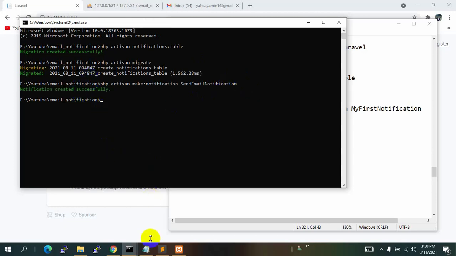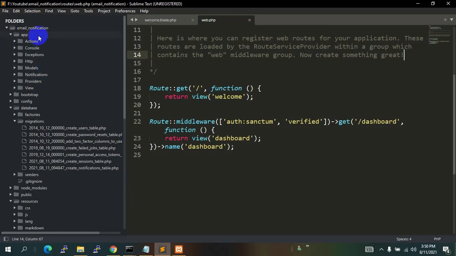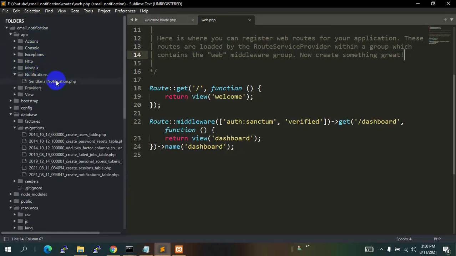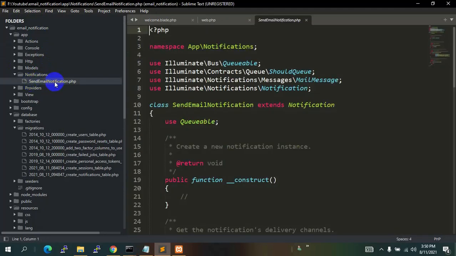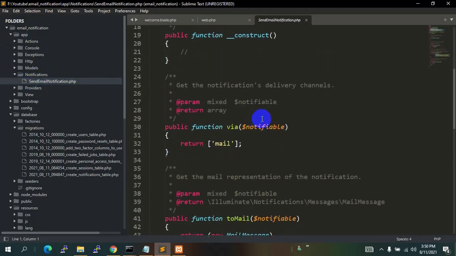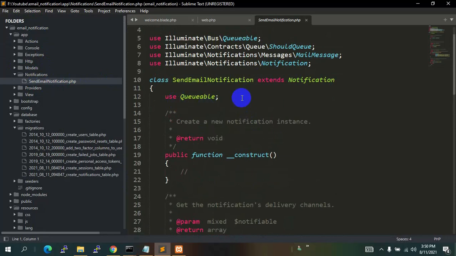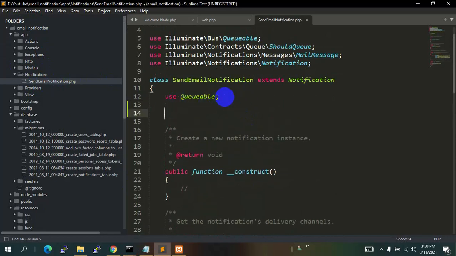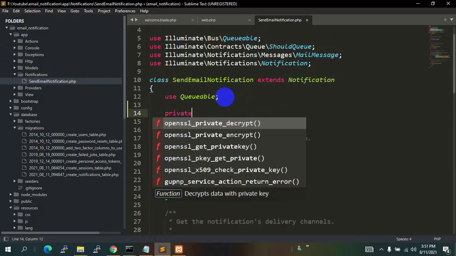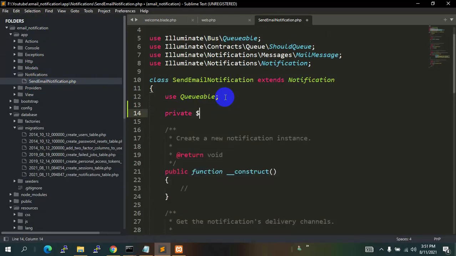If you go to app now, then over here you can see a Notification folder, and if you click it, you can see SendEmailNotification.php. Now we have to make some changes over here. So we are going to declare a variable, and we are going to say private $details.